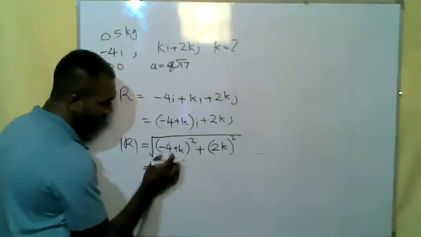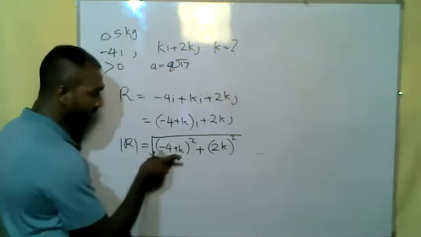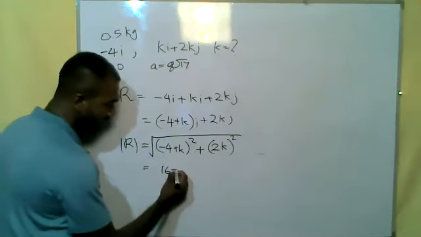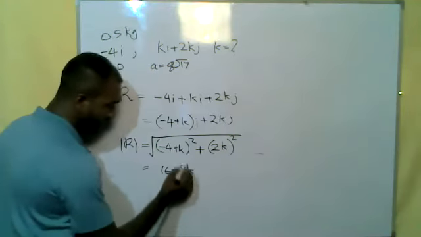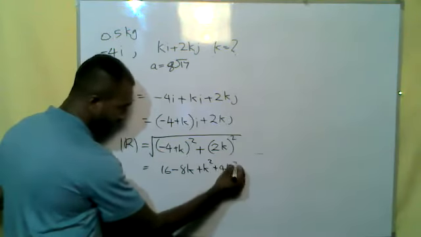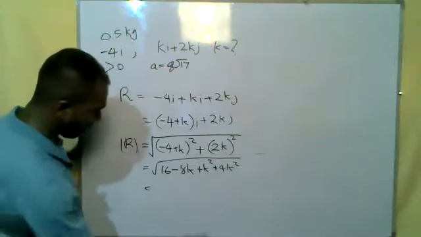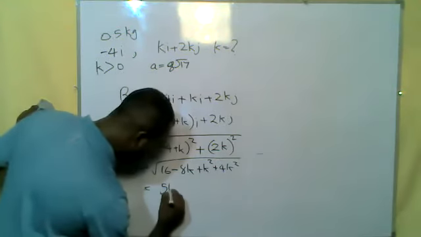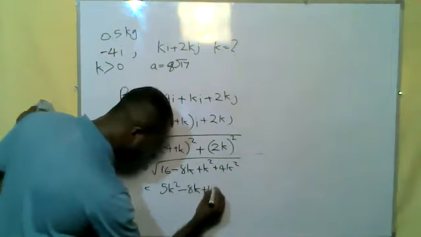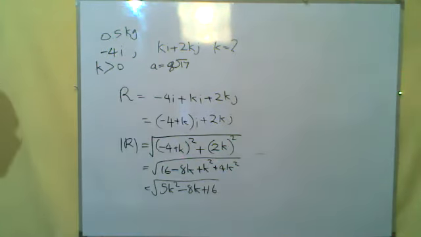How much are we getting? Square of the first term, 16. Twice the product of these two terms, how much? 8k. k squared plus 4k to the power 2. How much are we getting here? The square root of 5k to the power 2 minus 8k plus 16. This will be our